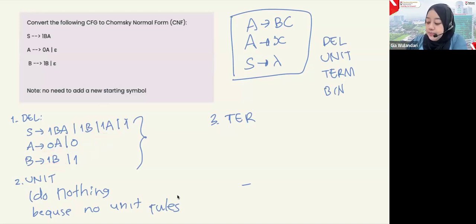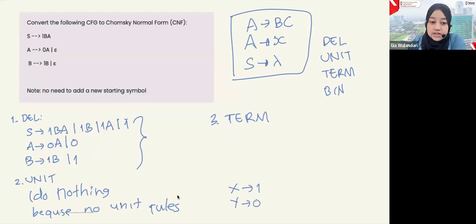So for term, we have to define new non-terminal symbols. Let's say X is 1 and Y is 0, for example.